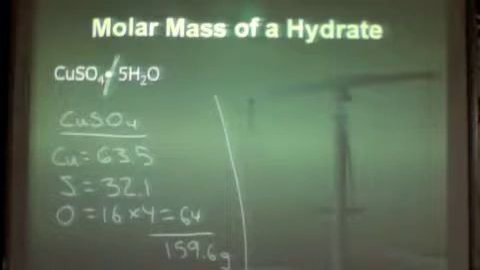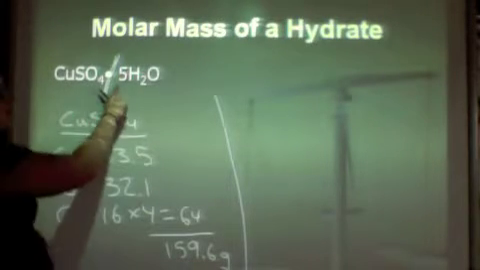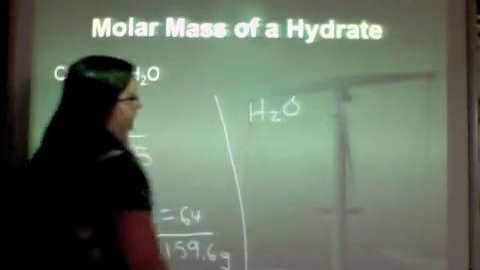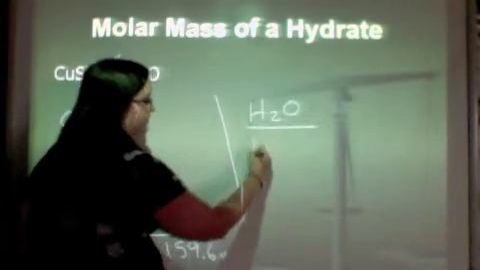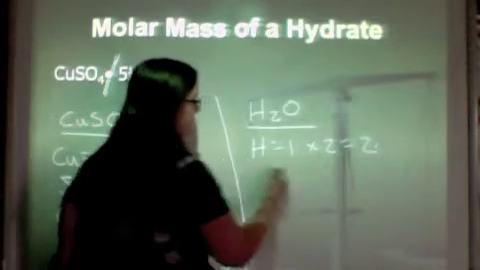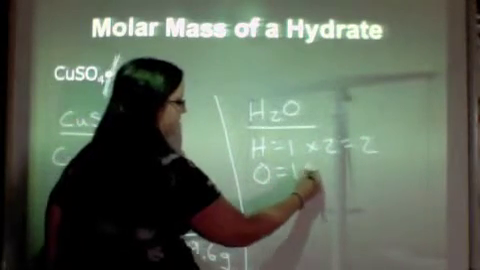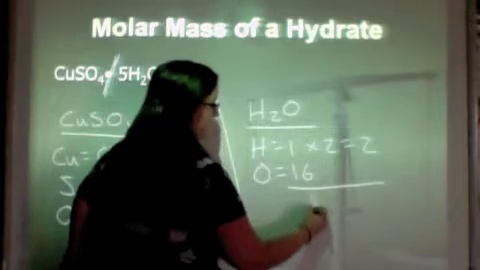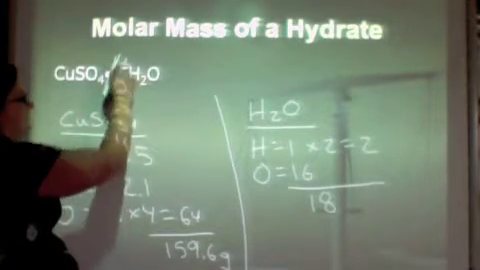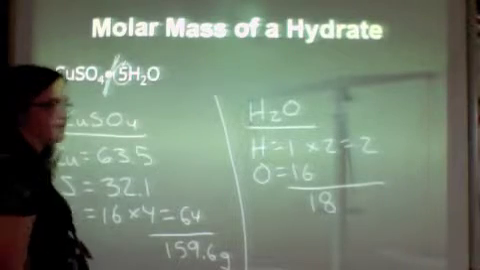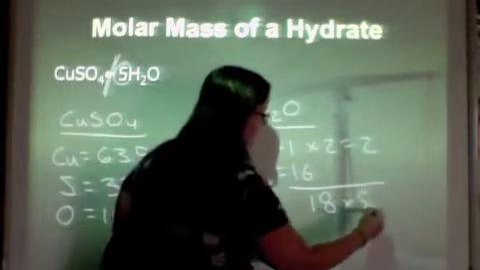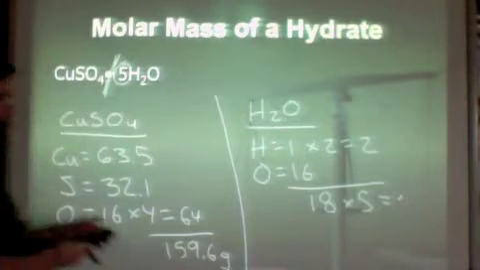Step 2 is to then find the mass of 5 H2Os. So we're going to find the mass of H2O first. Hydrogen is 1 times 2, which gives us 2. Oxygen is 16, and there's only one of them, so that gives us 18. Now, the fact that there's a 5 here, that means we have to do what with the 18? Take that 5 and multiply it. So 18 times 5